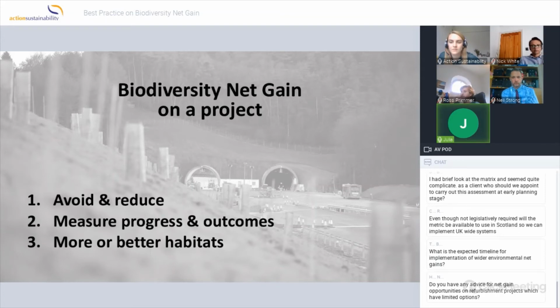Things always change in construction, but we try to proactively engage our clients as early as possible. Even if we're not yet appointed, we'll still issue some biodiversity net gain options. We're at an interesting phase where there's such variation around the country, but it's really for us to put it on the table as early as possible and then work with what we've got.